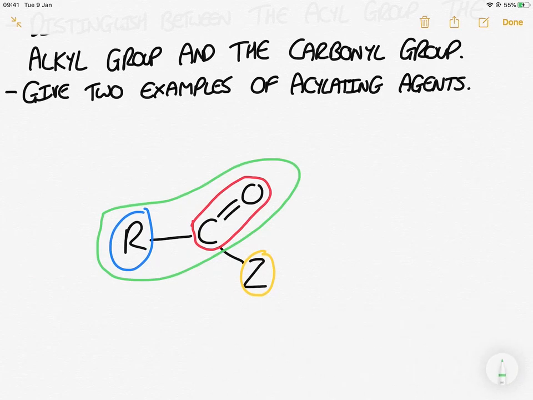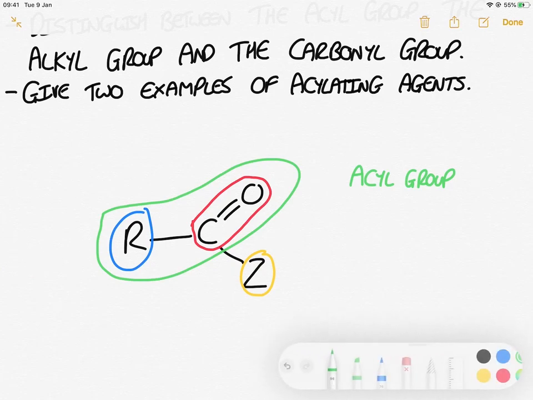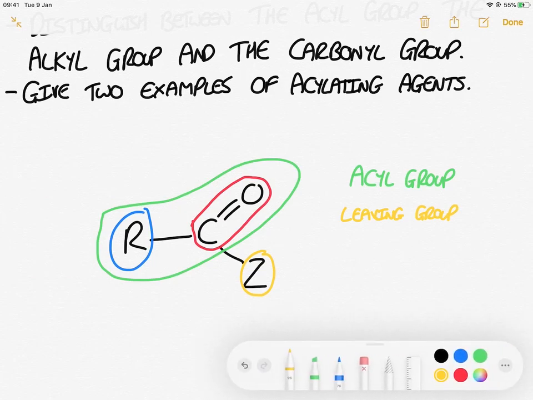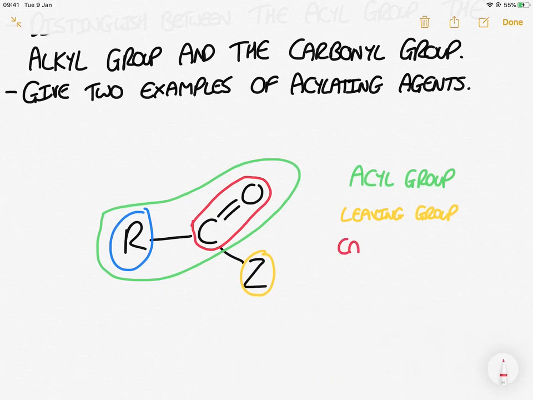Okay, so keeping consistent with the stuff that I was doing in the acylation lessons, we've got this image of RCOZ, and then I've ballooned several colours around it. So the green part is the acyl group, RCO. The yellow part is the leaving group, which is the bit that gets kicked out of the molecule when the acyl group is transferred to something else, and whatever it's being attached to is then in the position where Z was. The red part is just a carbonyl group,